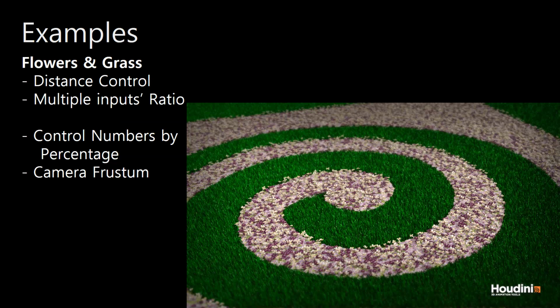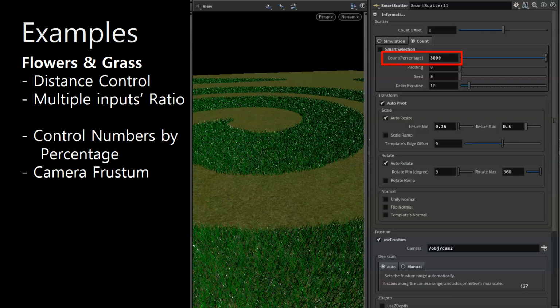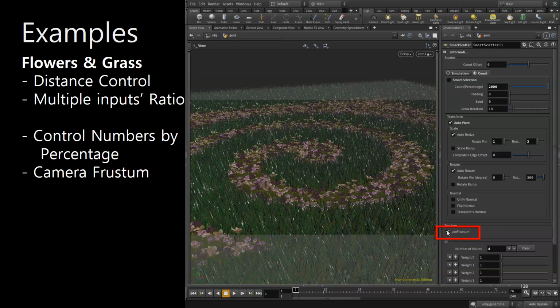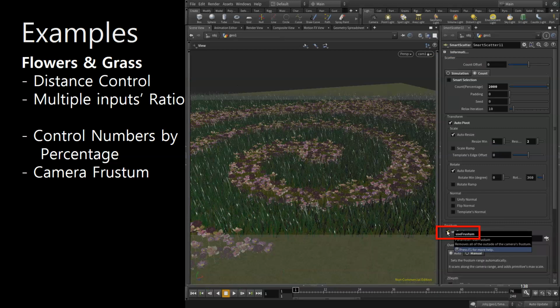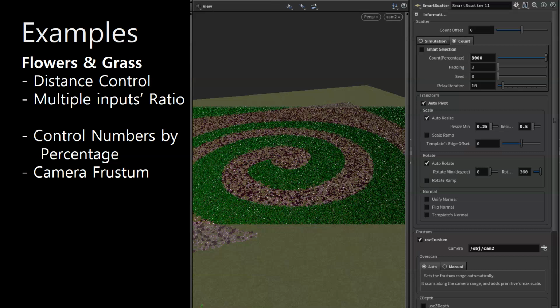Next is flowers and grass. Set the distance. You can either increase the density in percent or the number manually. Uses frustum, and only the inside of the camera remains. Frustum is only applied to grass, so the flowers are outside from camera. Also,